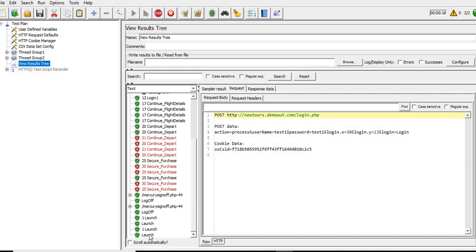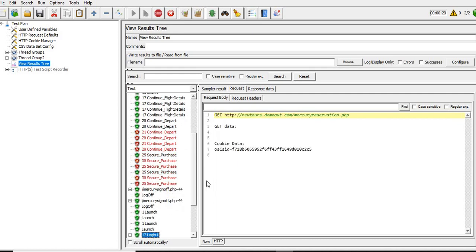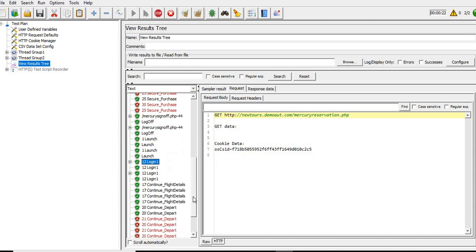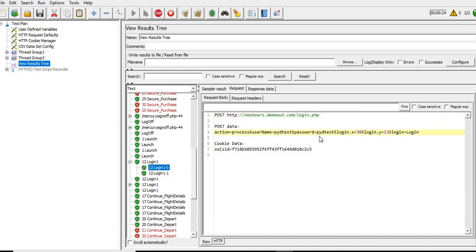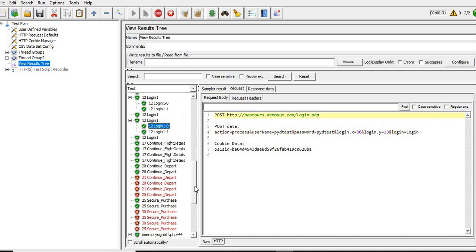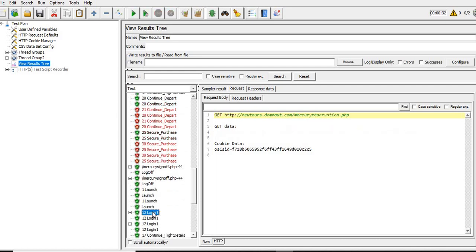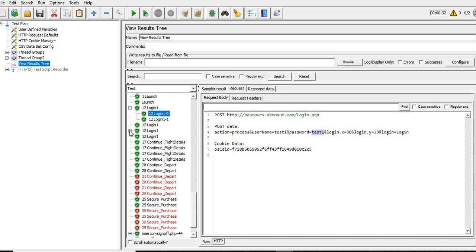For the second iteration they pick PYD test, and over here again PYD test. So in the third iteration, what data does it pick? The first record, and the same thing with the third iteration of thread group 2.